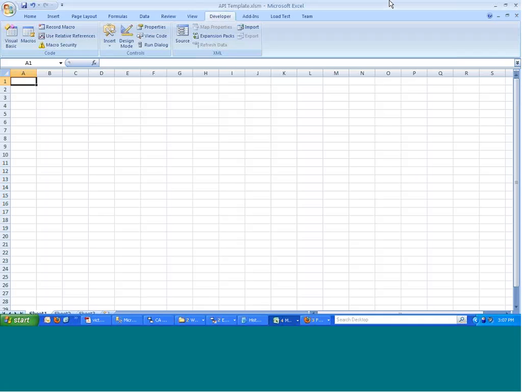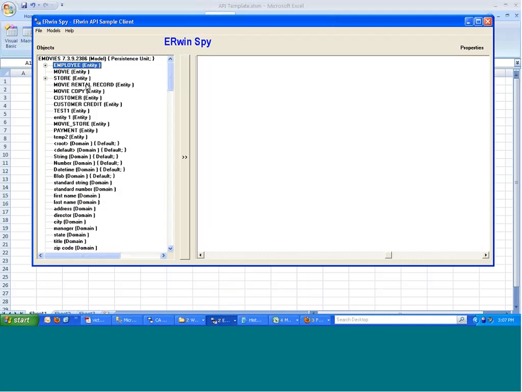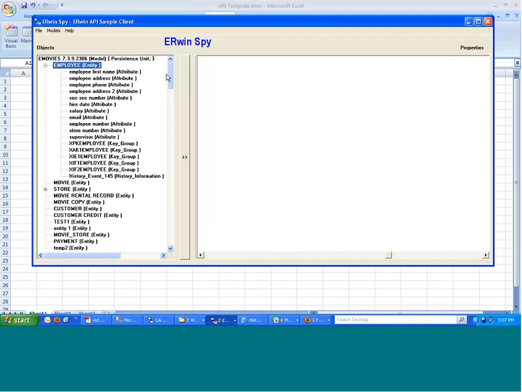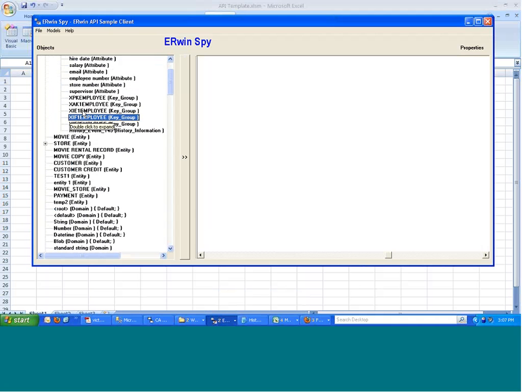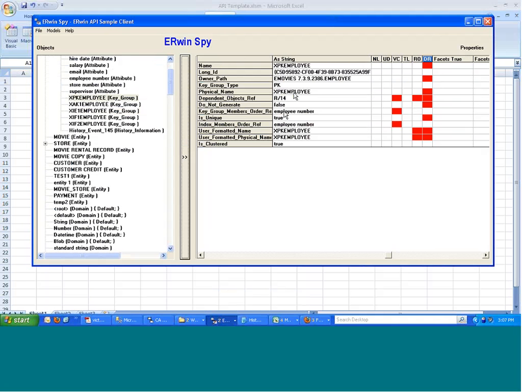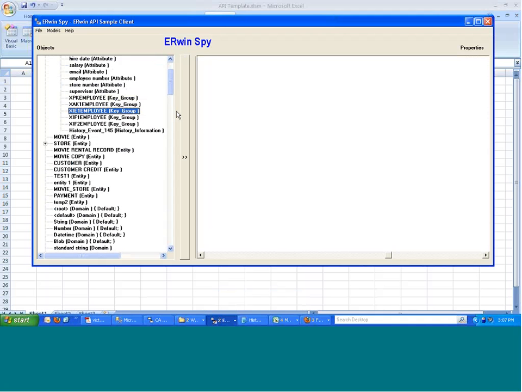If you build the index object by itself, one of the required objects for a foreign key index object would be, and let me show you. Actually, I can show you rather than discussing it here. In our employee table, do we have any foreign key indexes? Yes, we do. Good. For a primary key index, when you build one, you'll see that, for example, you have the primary key member. You have a dependent object. In this case, it's a relationship line. However, when you build the primary key, you do not need to build a dependent object because the primary key can exist without one. However, when you build a foreign key,